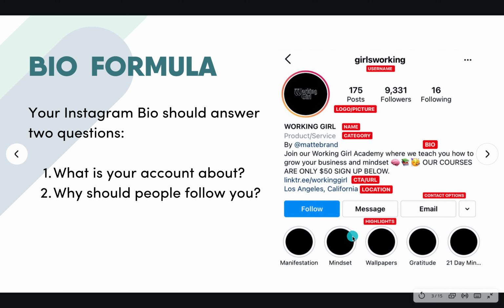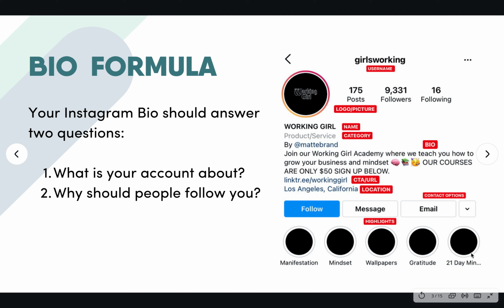Make sure you have covers for your highlights. If not, it gets junky and it's not easy to see. And so highlights are just a different way to articulate the different, think of them as like chapters of a book or sections in a magazine. So it helps really take a different step so that your audience can see the different things that your brand